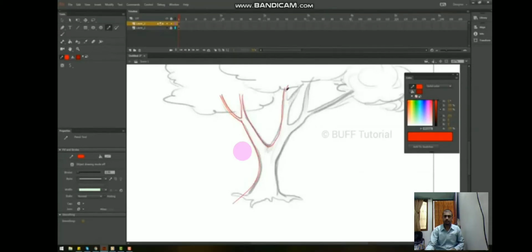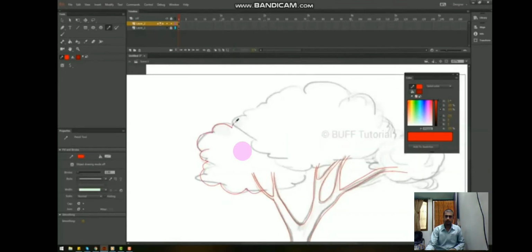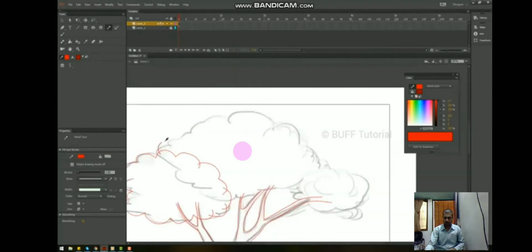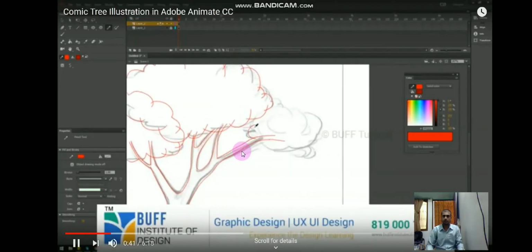Now use your pencil with the color and draw the outline for this, and then take the pencil and move it around the boundary of the tree as I am showing you. And the color swatches are on the right hand side.